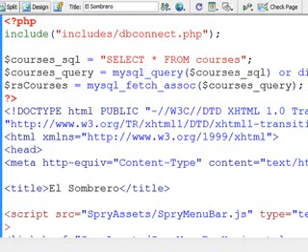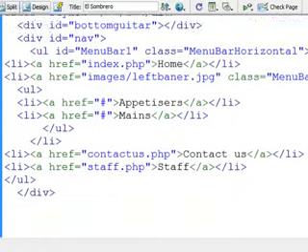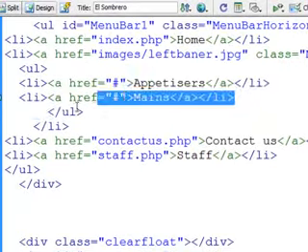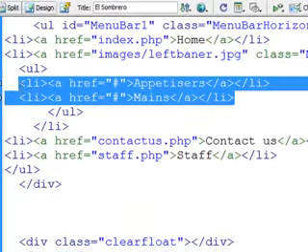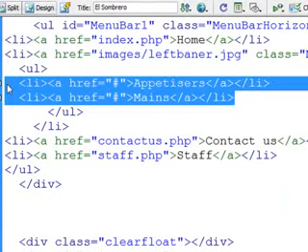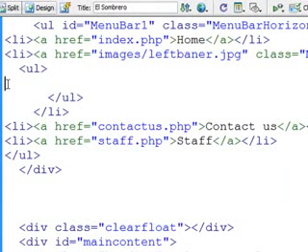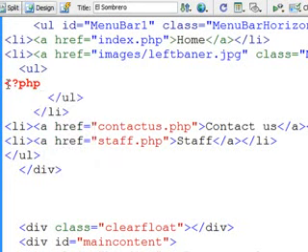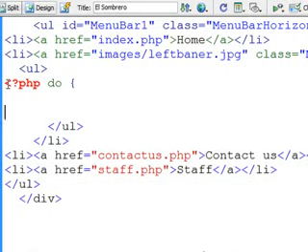And the next thing is to go down the page and find that list. And what I want to do is have these list items created dynamically. So I'm just going to get rid of them both actually, and we'll start from scratch down here. So what I want to have happen is this. I want to start what's called a do while loop. So I want to do the following stuff, whatever comes in between here,